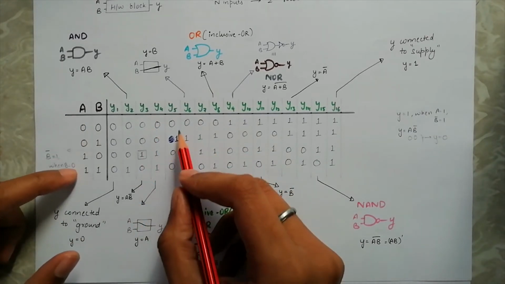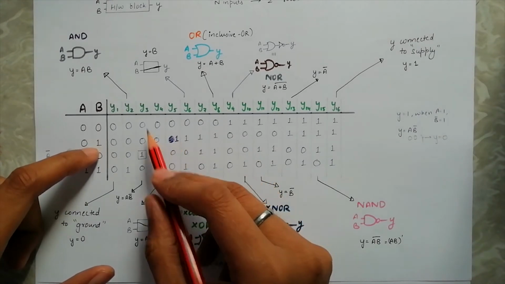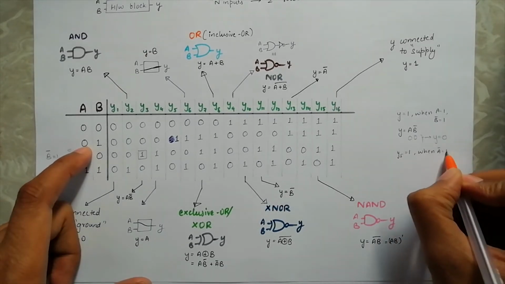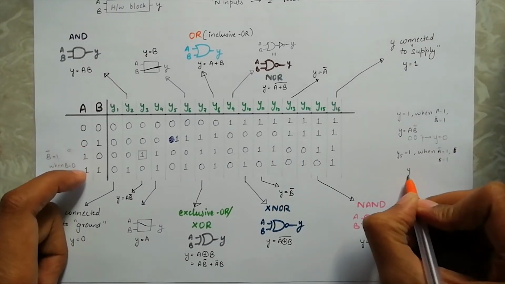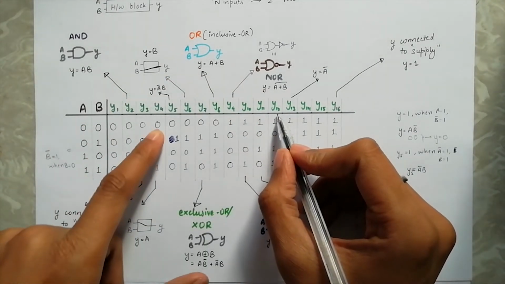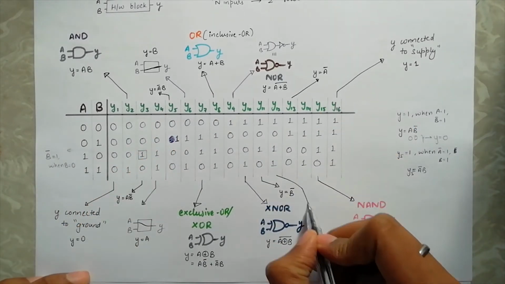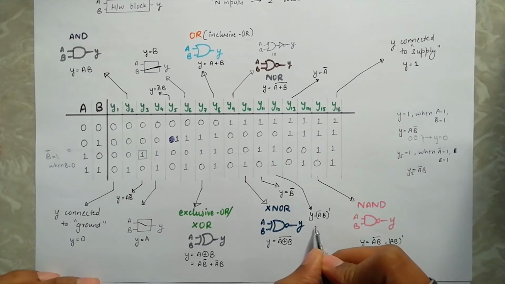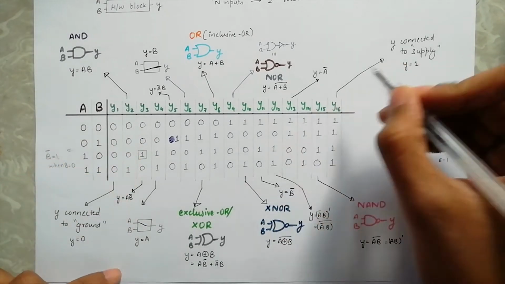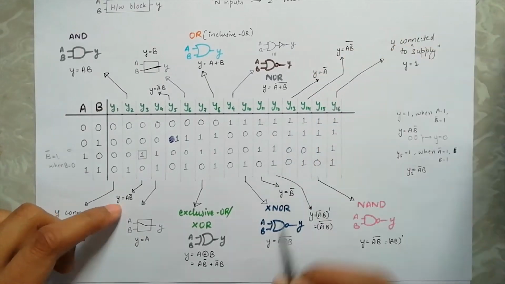Moving on to the next case, y is 1 only when A is 0 and B is 1. Using the same logic as this, y is 1 only when A bar is 1 and B is 1. Then we have y equal to A bar B. Case 12 looks to be an inverted version of case 5. So we can complement the fifth case, giving us y equal to (A bar B) whole bar. Then we have case 14, which is a complemented version of 3. So we have y equal to (A B bar) whole bar.